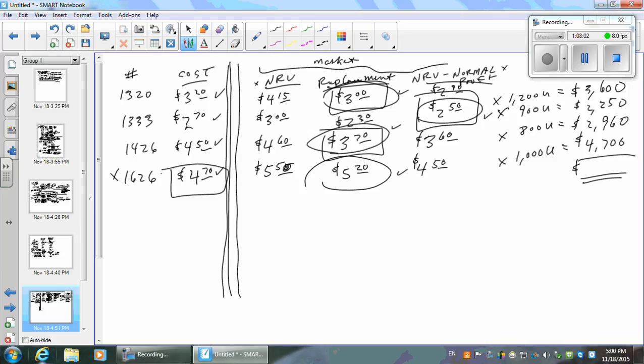$3,600 plus 2,250 plus 2,960 plus 4,700. Let's say that was all the inventory, right? Then the rest of the problem's not there. 13,510. Okay. Tell me what would happen if you compared cost in total for these inventory items